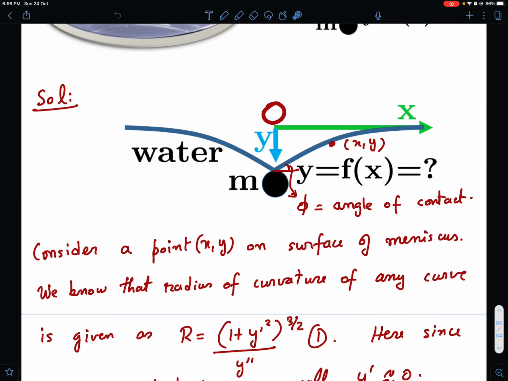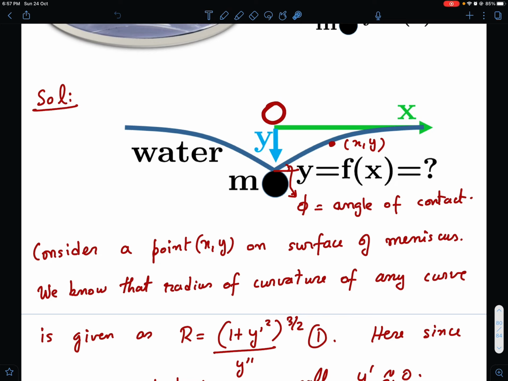Now try to understand what I am saying. When we are at infinity, the pressure at depth y is simply rho gy, right? At infinity, the excess pressure at y depth is simply rho gy. Why? Because at infinity the radius of curvature is infinity, so there is no excess pressure as you cross the water surface. So at y depth the pressure must be rho gy, and at the same horizontal level the pressure must be the same. So if the pressure over here at this point is rho gy, then at this horizontal level here also the excess pressure must be rho gy.